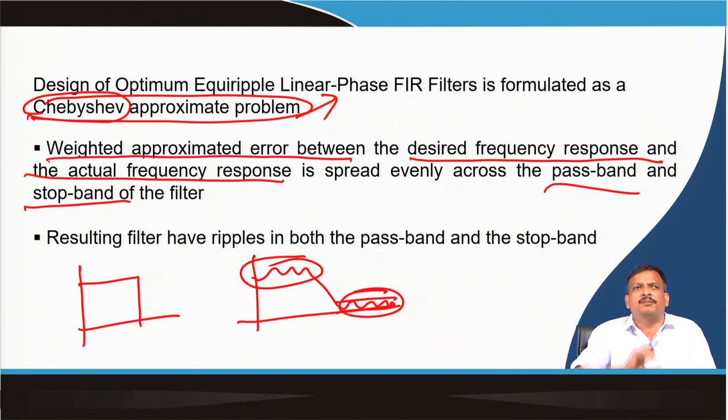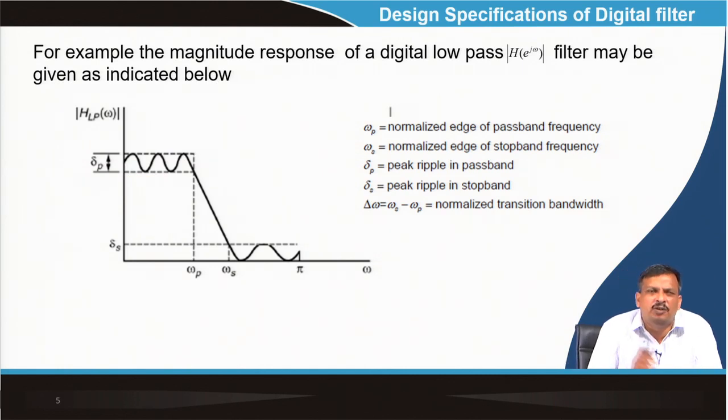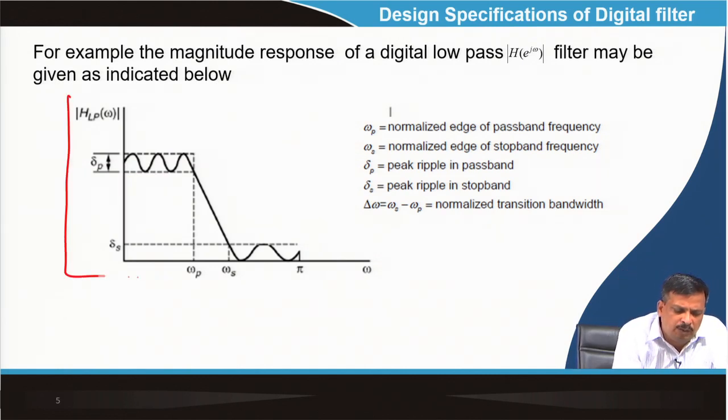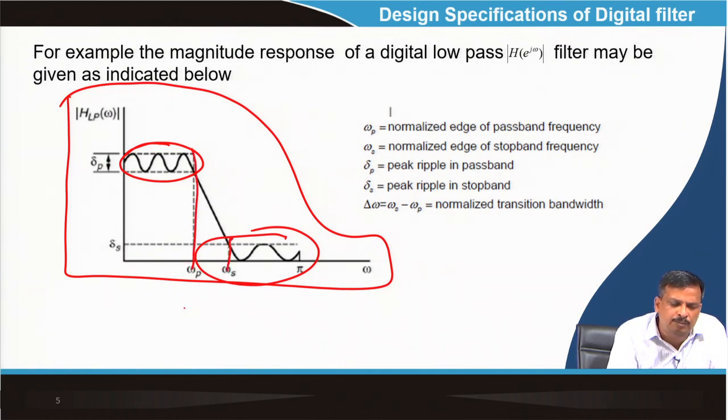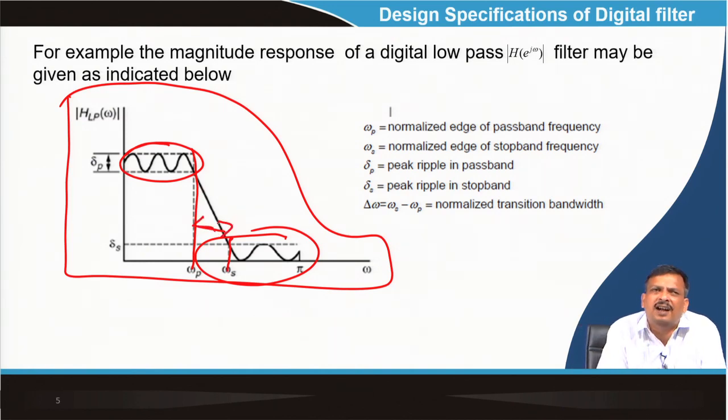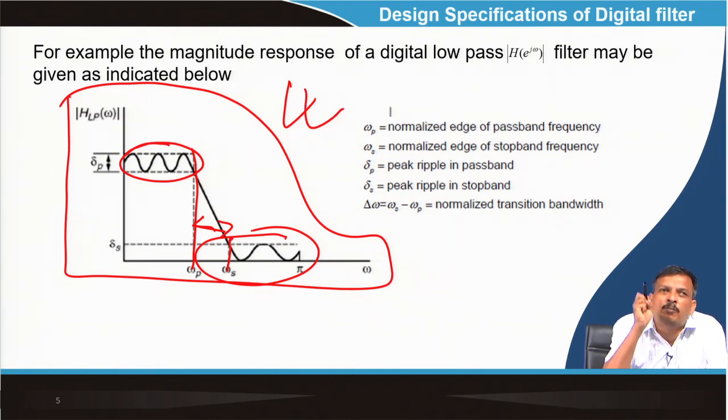So how do I do that? Let's say, as you have already known, this is the given frequency response of a low pass filter. You know this is called the pass band ripple, this is called the stop band ripple, this is the pass band edge frequency, the stop band edge frequency, and this difference is called the transition bandwidth. All those things I have already known, and that is the same for all kinds of filter design. So this is the desired frequency response, the frequency response provided as per the specification.